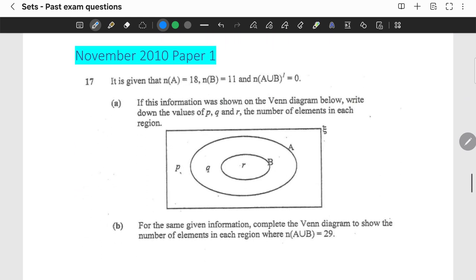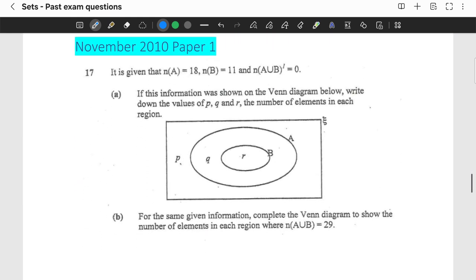Okay, November 2010, paper 1, number 17 said, it is given that the number of elements in A is 18, number of elements in B is 11, and the number of A union B complement is 0. If this information was shown on the Venn diagram below, write down the values of P, Q, and R, the number of elements in each region. So, number of elements in A, we're told is 18. Number of elements in B is 11. So that means that from this information,